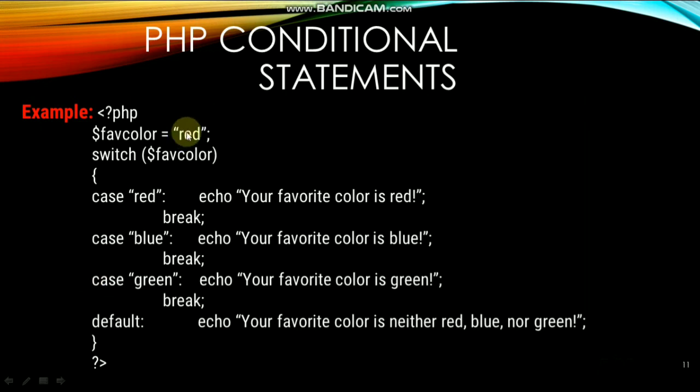So you assume that here my favorite color is black. Okay, so favorite color is black. So it sees the switch statement, the value is black. So my n is black. So it sees the first case, here it is red, false, moves to the second case, here it is blue, again false, here again it moves to the third case, here it is green, again false. So if all the cases are false, then the last default statement will be executed. Clear? So here the default case print statement is your favorite color is neither red, blue nor green.